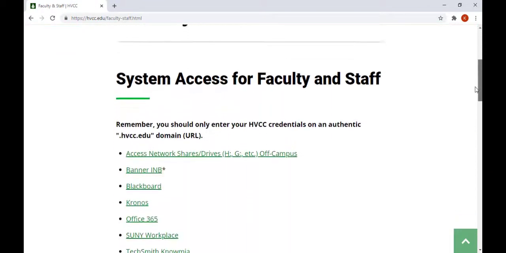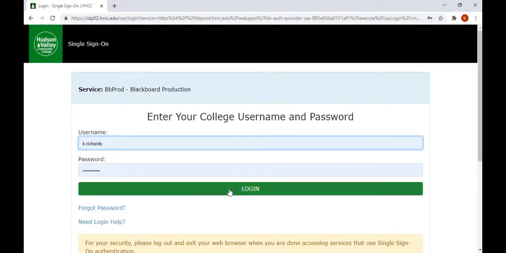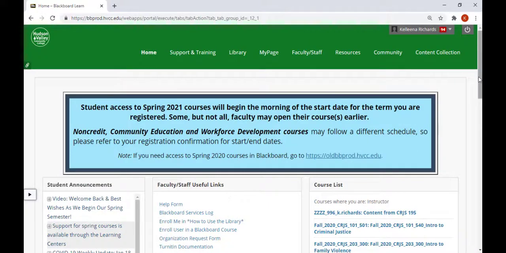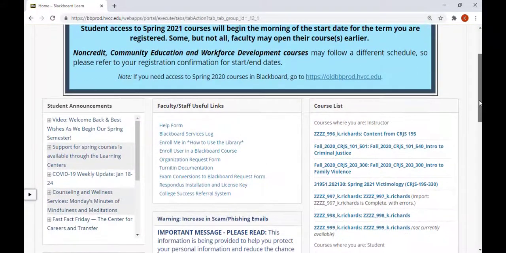This brings you to all of the systems that you have access to, and you're just going to locate Blackboard. It will take you right to the main Blackboard screen. Every course that you are enrolled in at Hudson Valley should appear in a list here on the right side